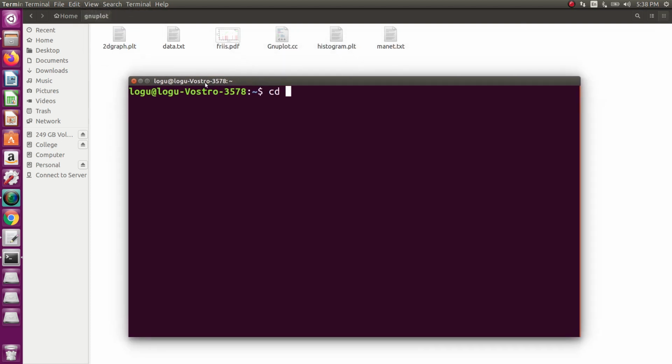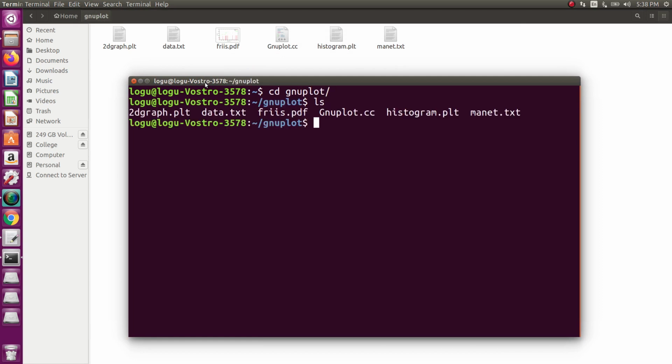Next go to the gnuplot directory and ls. What is the file name I want to run? The gnuplot code: gnuplot histogram.plt. Just press enter.